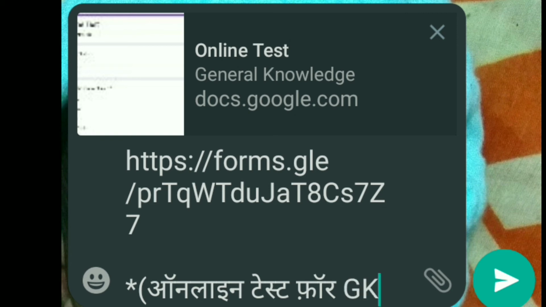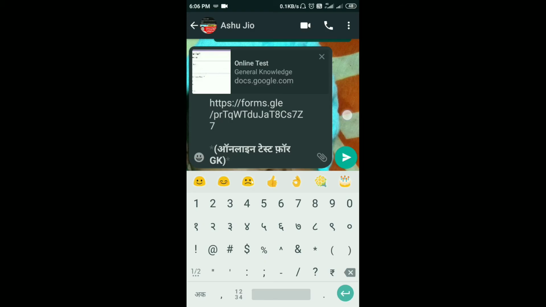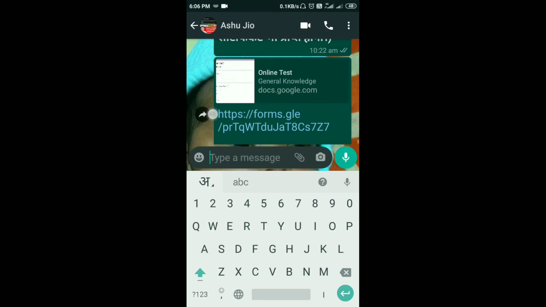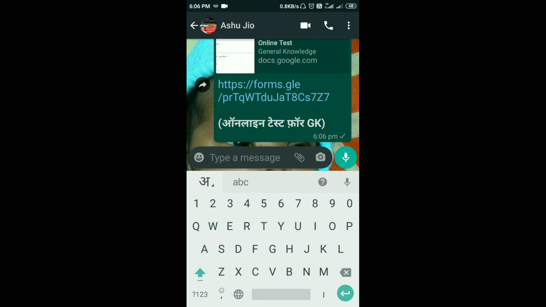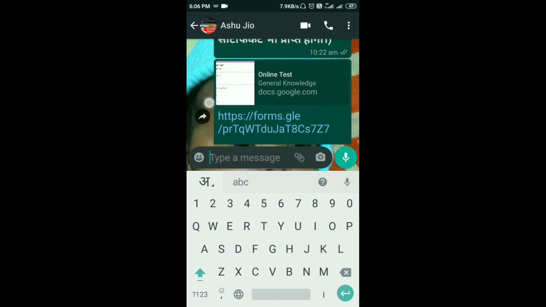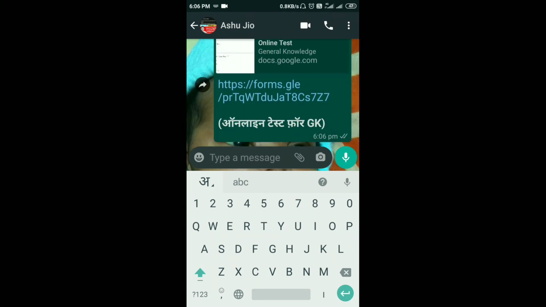You can say online test for GK, and press the send button. Now it is published. And when anybody, any person, any student clicks on this link,